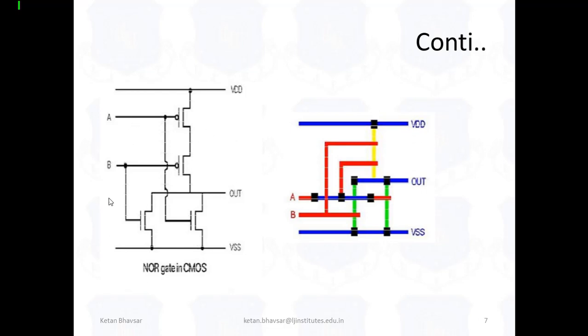It's A and B. Now, in a similar pattern, if you want to design the stick diagram, it will look like this. As you can see, for the connections of VCC and ground, VSS, we are taking the metallic connections. Red is polysilicon, which provides the conductivity; black generally shows the contact cuts; green also shows the metals; and yellow shows the implant for the PMOS channel. So the actual design looks like this when we're talking about a practical scenario and an actual CMOS design.